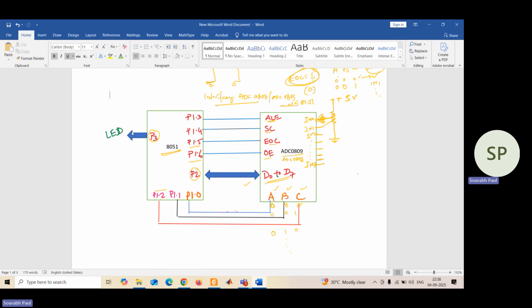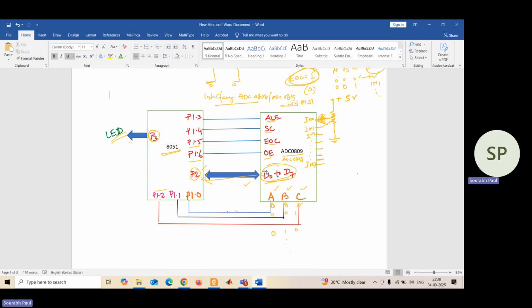Okay, so that's why I have used some LEDs in P3. As you know, in P3 8 different pins are there. I have connected 8 different LEDs to the P3 line to show what was the value I got through P2. Okay, and you know, in P2 what value I got? The corresponding digital value. Means what I am trying to say, whatever analog input I have given, its corresponding digital value I will get through D0 to D7, and that value will be taken through P2, and that will be shown by these LEDs through P3. Okay. So this is the configuration I have made